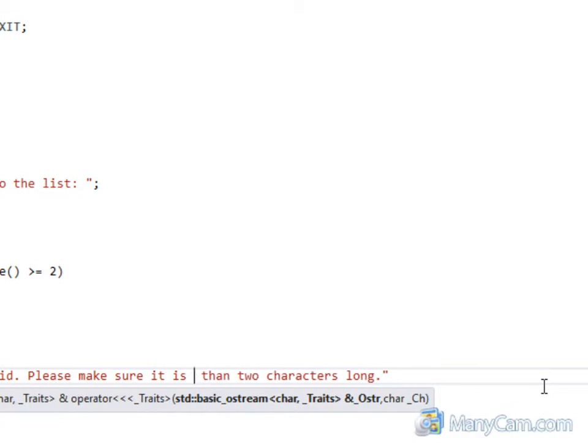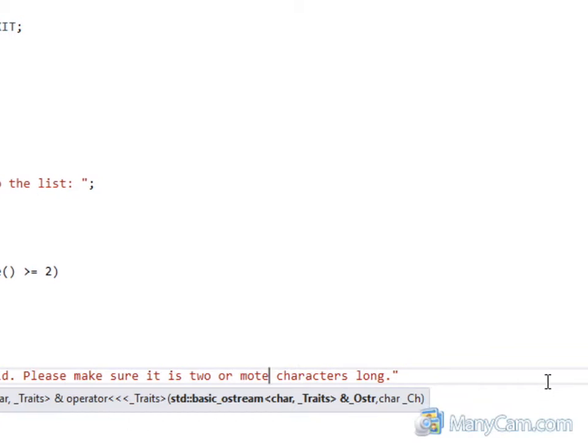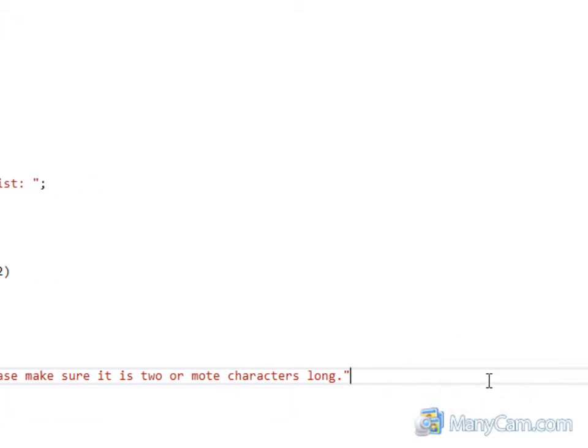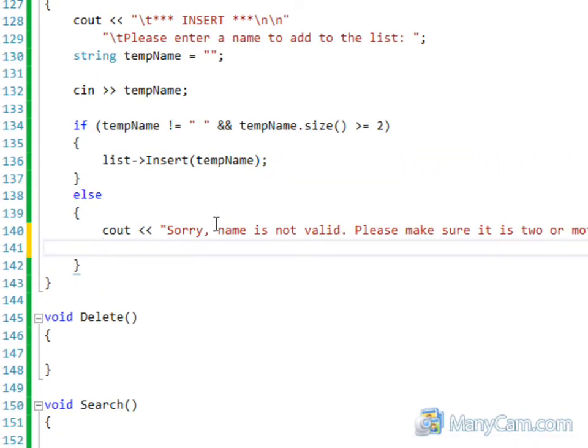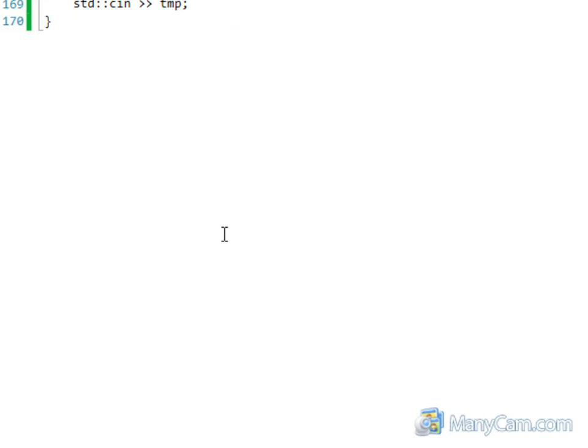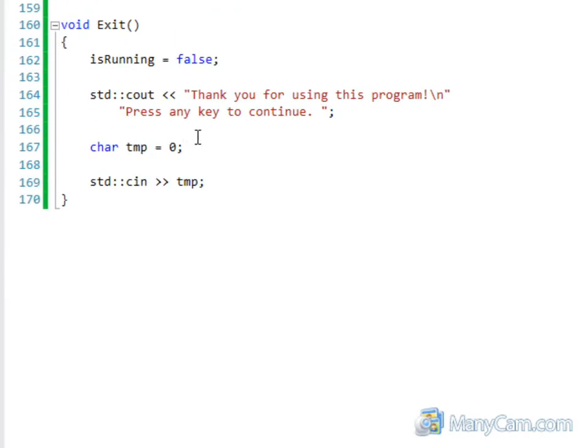Say 2 or more characters long. Okay, and then we will just do the same thing that we did down here. So since we do not, well,